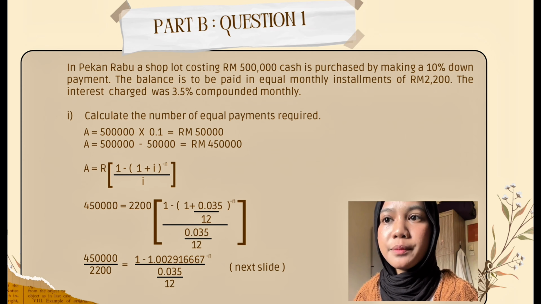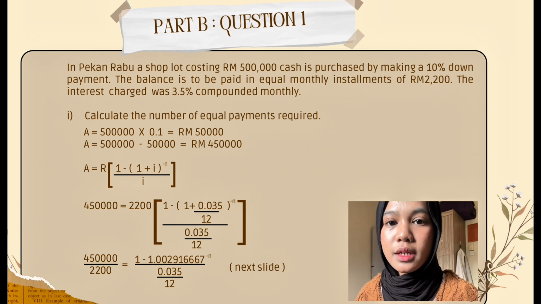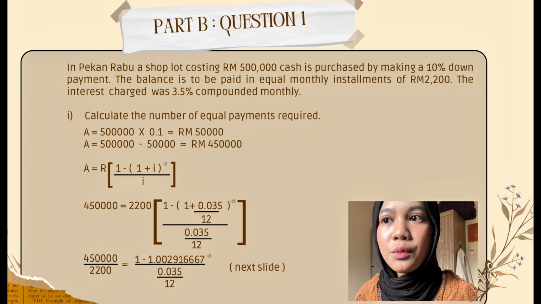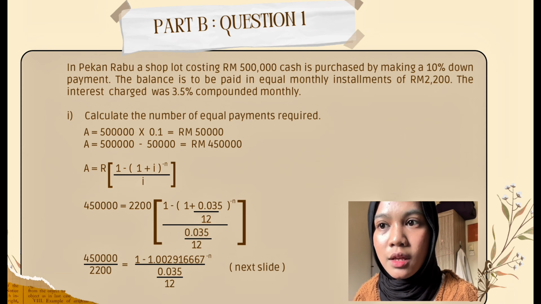Next, we use the formula for the present value of an annuity. A is the amount borrowed, 450,000 ringgit. R is the monthly payment, 2,200 ringgit. i is the monthly interest rate. n is the number of months. The annual interest rate is 3.5%, so the monthly rate is 0.035 divided by 12 equals 0.0291667. Now substitute the values. 450,000 equals 2,200 multiplied by the expression 1 minus 1.00291667 raised to the power of negative n, all divided by